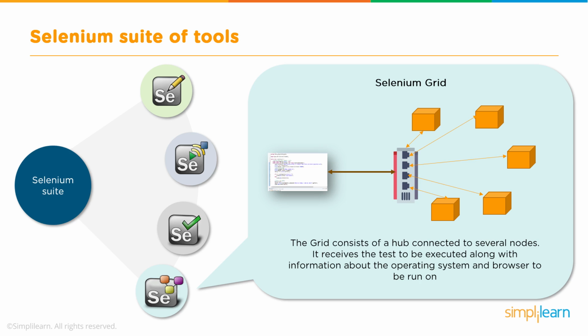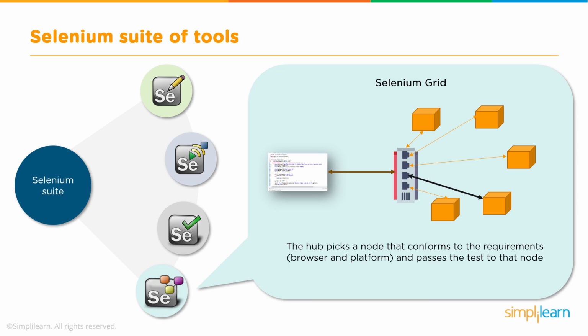Once you have the setup created through your master, that is your hub, you can control on which nodes you want to execute which test. Say, for example here, you want to run some test on your Mac machine with Safari browser only. So you have a kind of smoke test which you need to run. Now through the master, you can control this complete execution. So what the master does is select this particular node depending on the configuration which you have set on the master